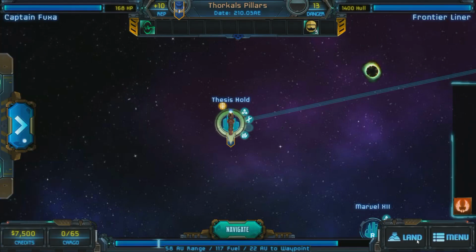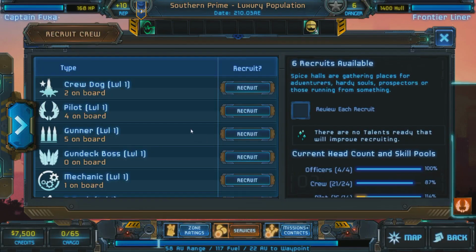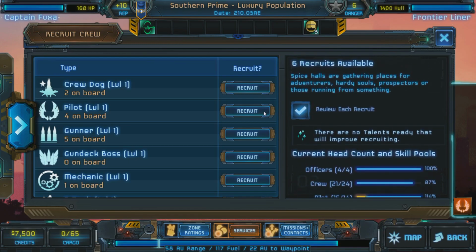Generally when you're down here on these worlds, you can recruit people if you want to. For our purposes here, I'm going to try and get maybe some crew dogs, so we can have 3 of them. And by the way, we can recruit if we want to as well. Spice Halls are guiding places and adventurers, blah, blah. We'll just do what's first right now. Although, because this is a mobile version, you'll see why this is sort of bad when you have this on, because if you click recruit here,